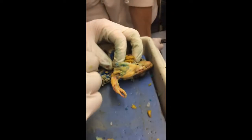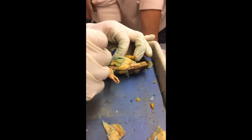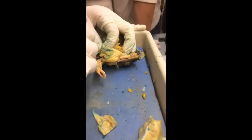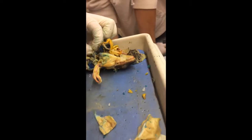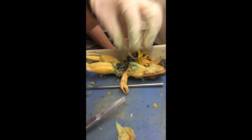Okay, now what you see here, the intestine grabs the nutrients out of the digestive tract. But what Eric Hakim pointed out to me in one of the videos we were looking at before, the crayfish stomach has...